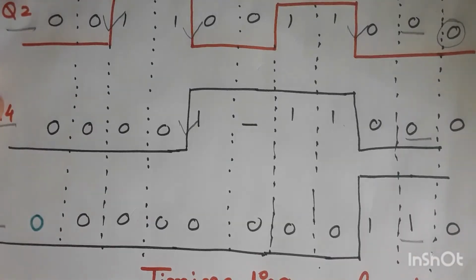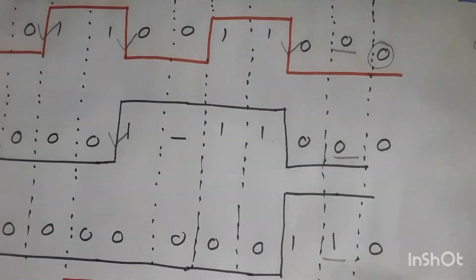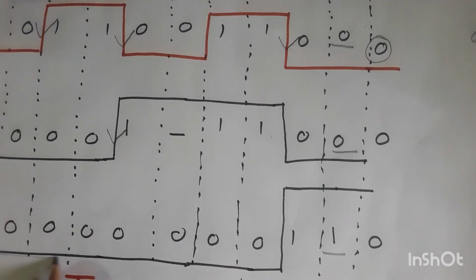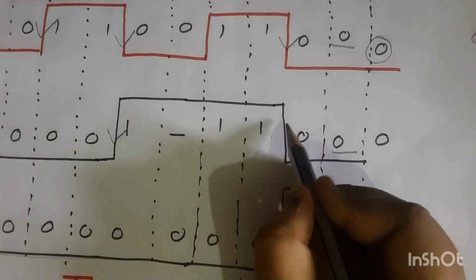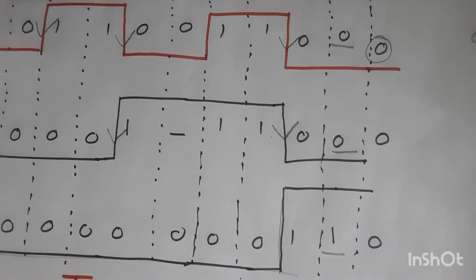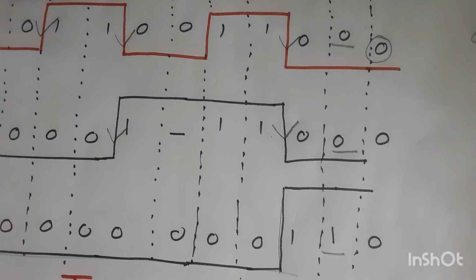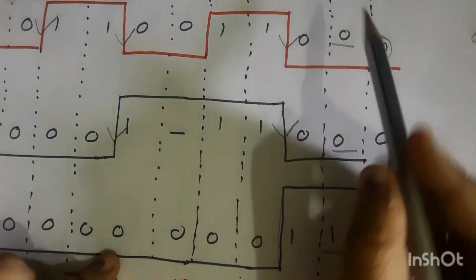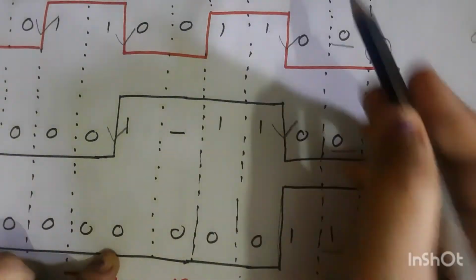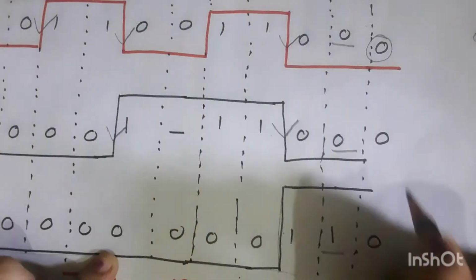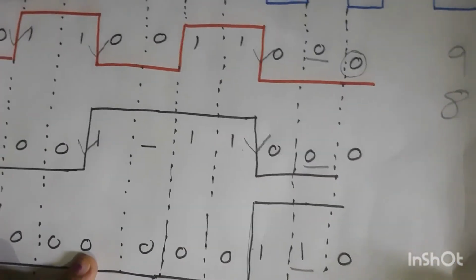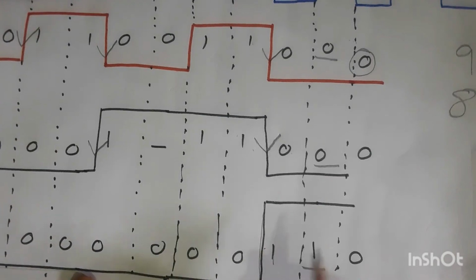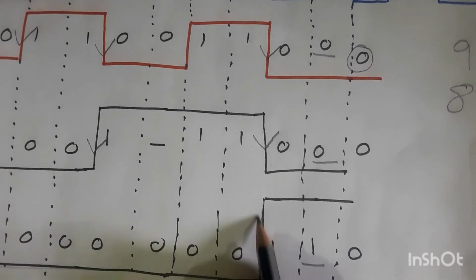Now last is the Q8 condition. The Q8 condition is given here. It is 0 whenever the Q4 transition happens from 1 to 0. That is after the 7 value, 0, 1, 1, 1. It is 1, 0, 0, 0, that is the value of 8. Value of 8, Q8 is 1. On the 1 to 0 transition, Q8 has become 1.